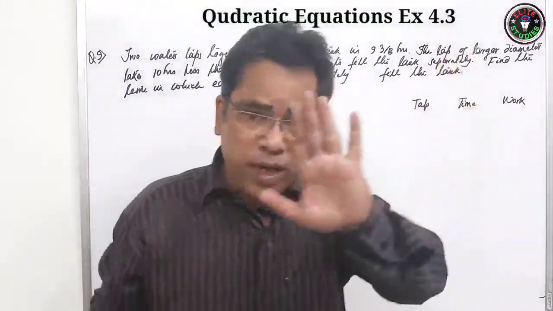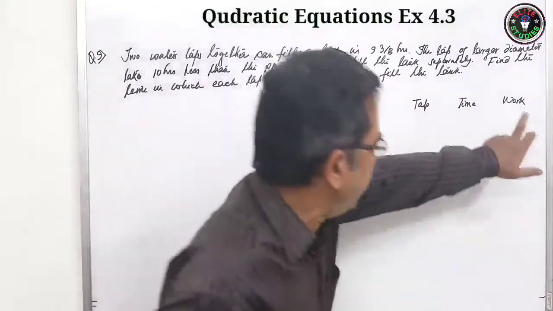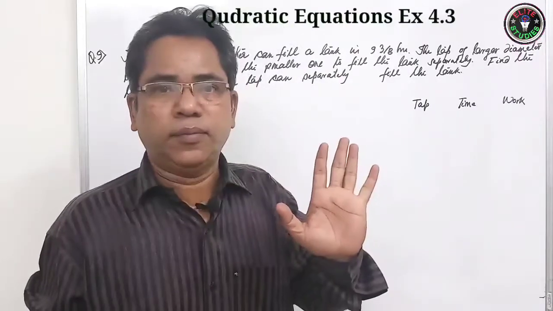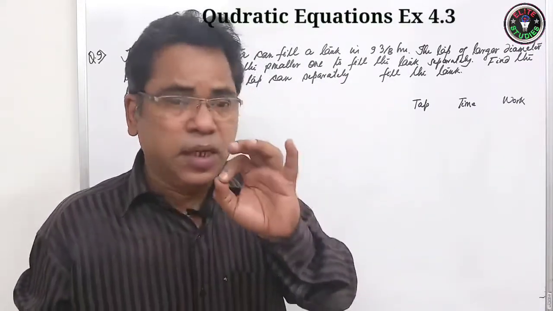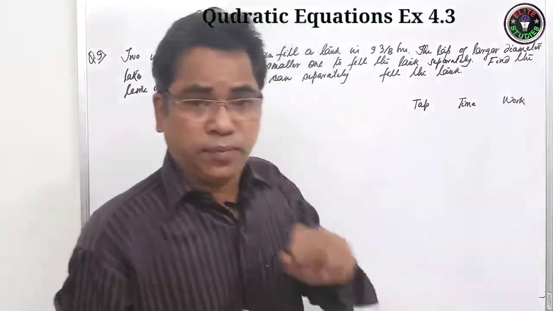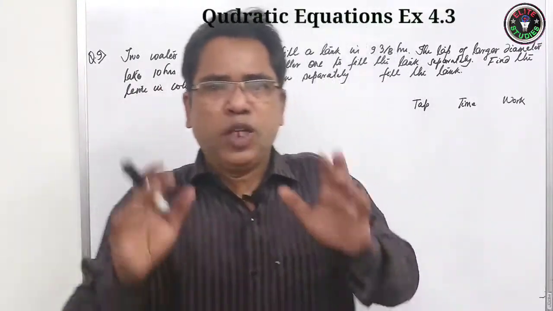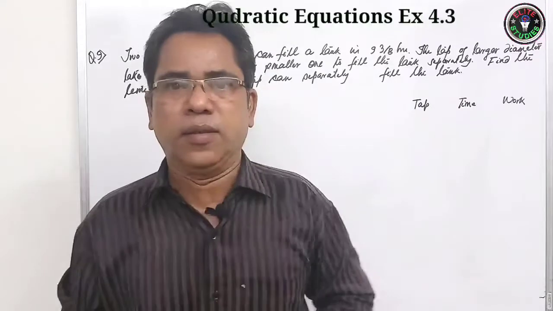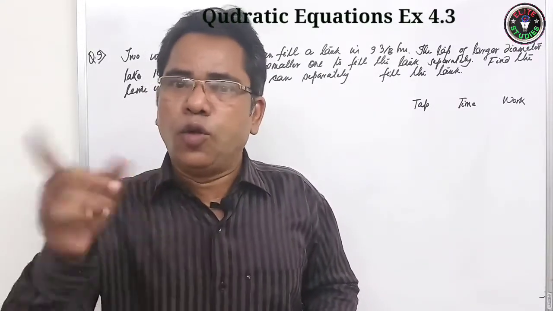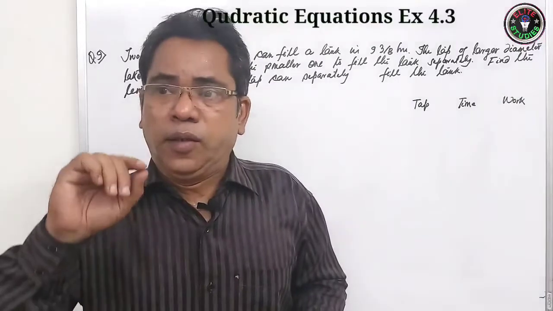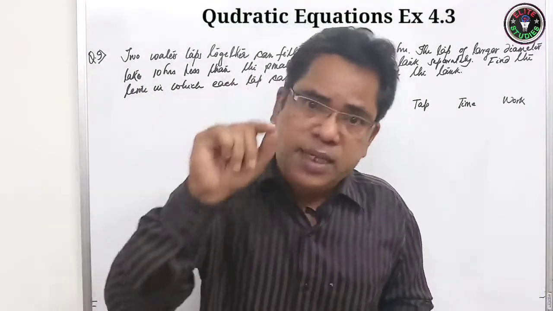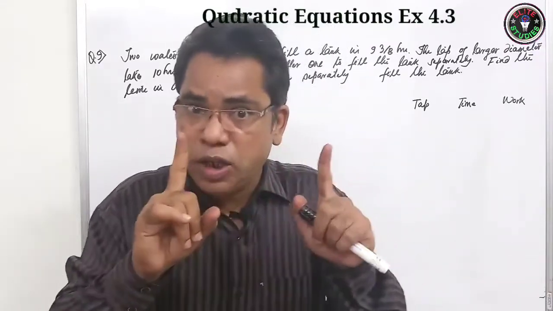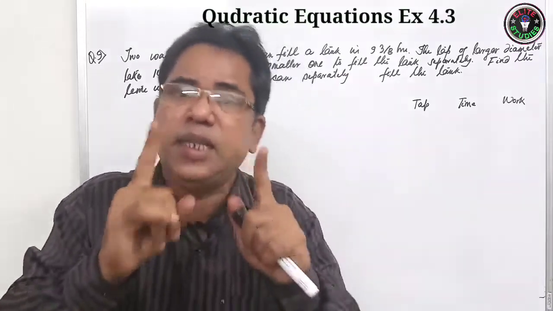In a time and work problem, how to represent work? Once you understand how to represent work, 50% of the problem is over. Suppose a question paper has been given to you, and in the question paper there are 30 questions. You are told to finish this question paper. No doubt you will take certain time to complete that paper. That is not the issue. The issue is whether you have completed the paper or not.